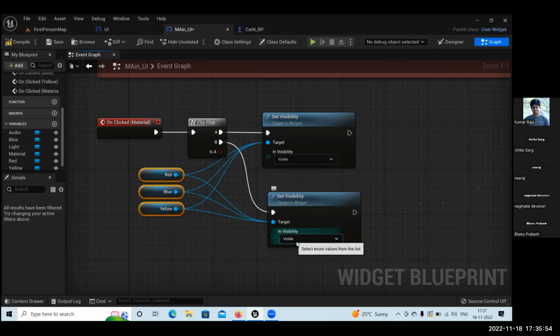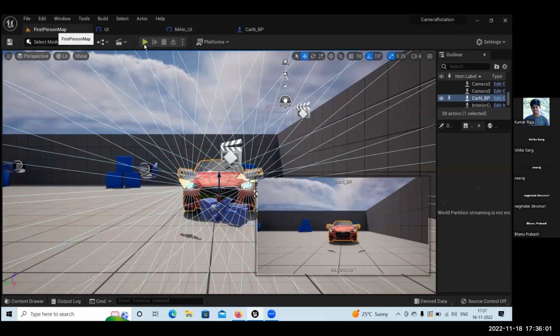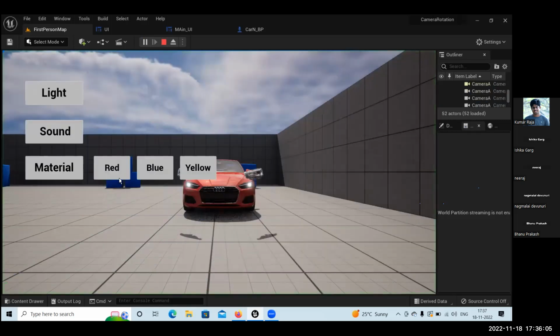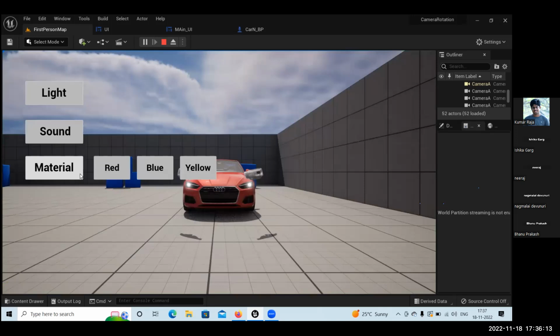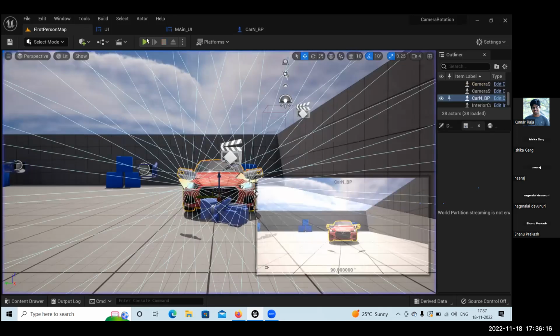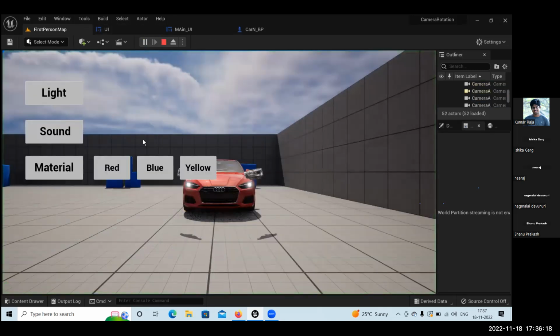Here it is visible, here I will make it hidden, okay? Compile, save, play. If I click, okay, it is working. But when we click on play, it is visible. So we will